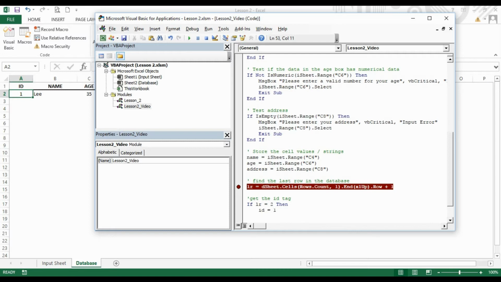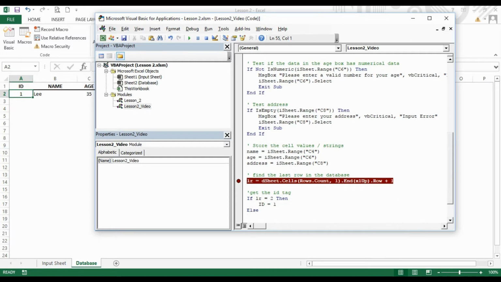No, we'll make it as 1. Let me just think. Yep, we'll make it as 1. This will become apparent in a minute. And then we're going to do else. So we've done if and we've done end if. We're now adding else. So if equals 2, we're going to put ID to else. So if it's not equal to 2, we're going to add ID is equal to